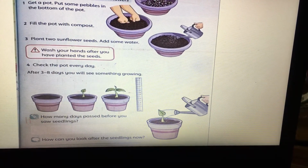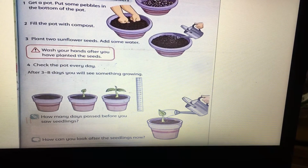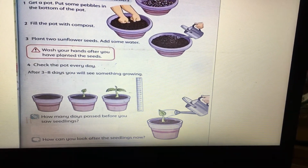this pot, and put some pebbles in the bottom of the pot. What do we mean by pebbles? Actually, pebbles are small stones that have a round shape. Those are pebbles. Small stones have a round shape. Okay. After bringing the pot and putting pebbles at the bottom of the pot, fill